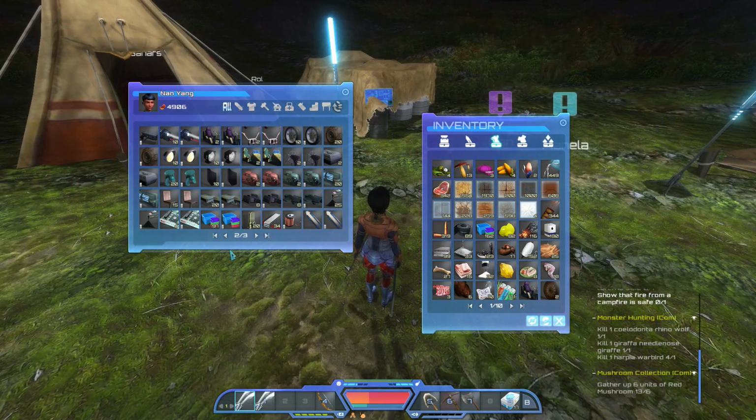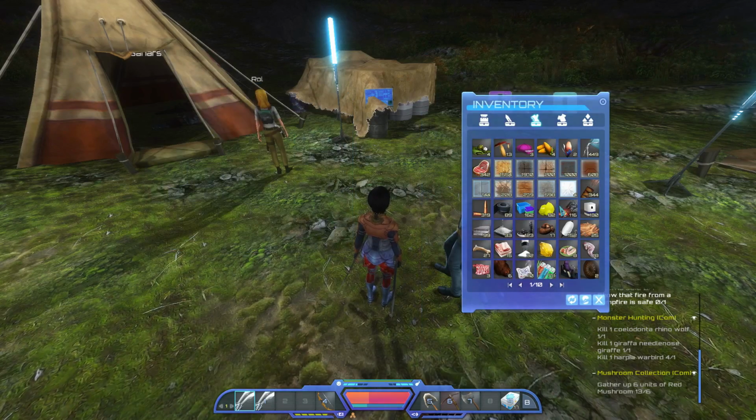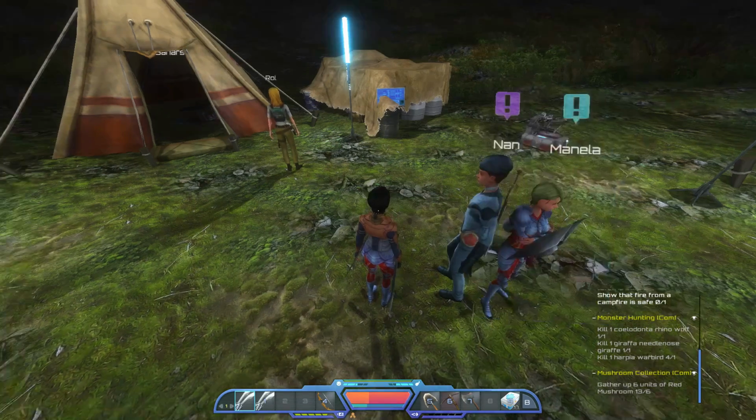He's going to give me all of this. I don't want any of it. I don't need any of it. I do, actually, but I'll get it later. I think I'm going to run out of money if I keep buying stuff. Yeah, I only got 300, so...